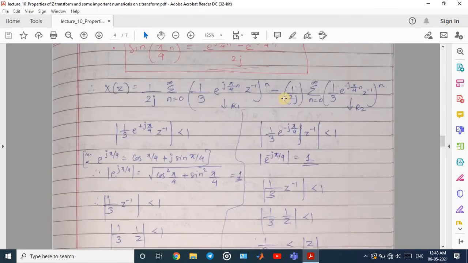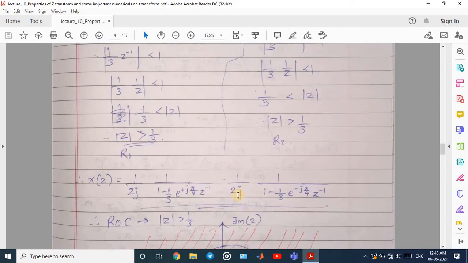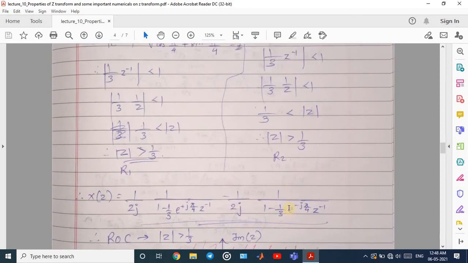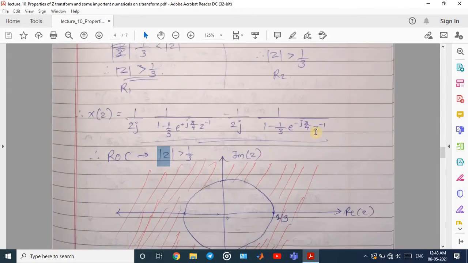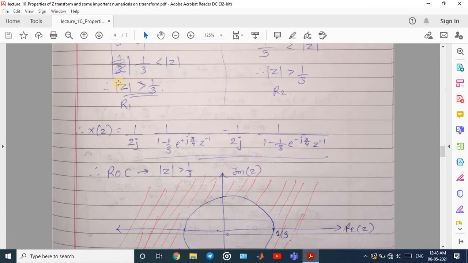In the second, minus 1 upon 2j outside, so 1 upon 1 minus, this is a. Okay, simple. So this is the solution. So now the ROC for both